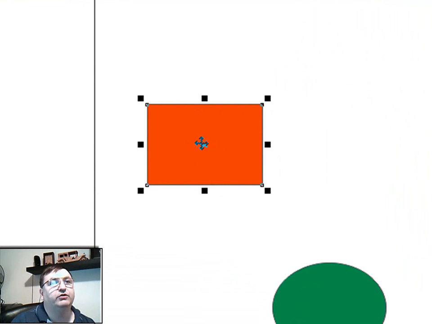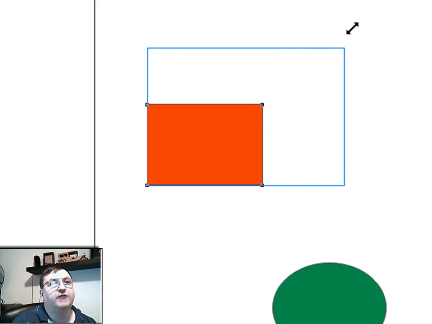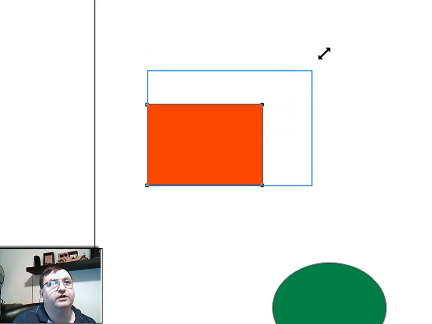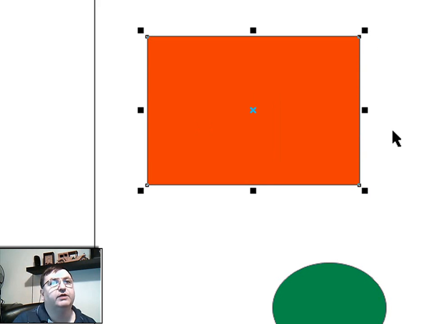The handle in the middle is called the move, and this one right here is a proportional tool. If I click on this handle and pull, you can see that the object is being resized proportionally, horizontally and vertically. So when I let go, the mathematical equation for this rectangle redrew it at the larger size.